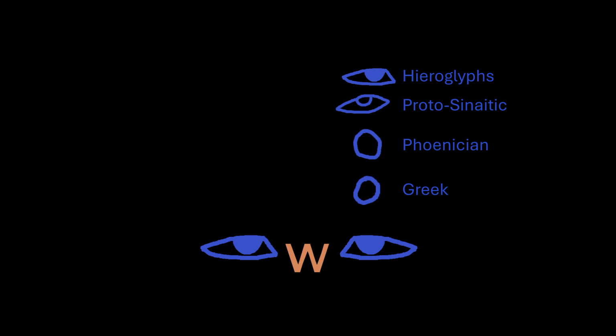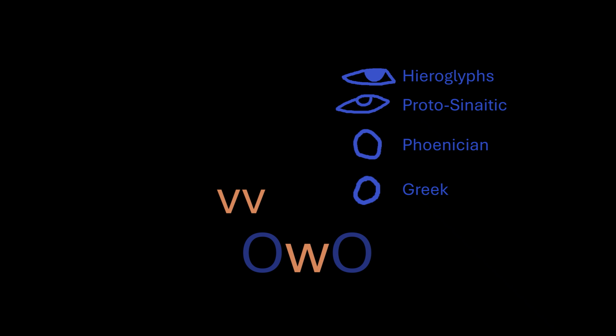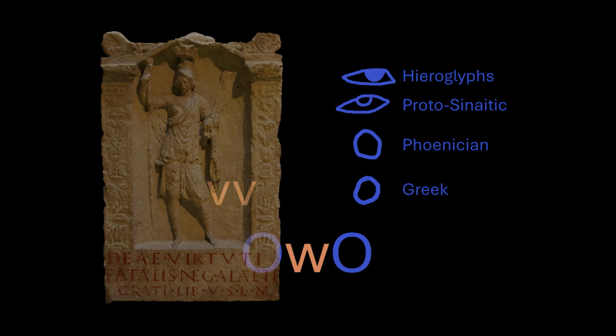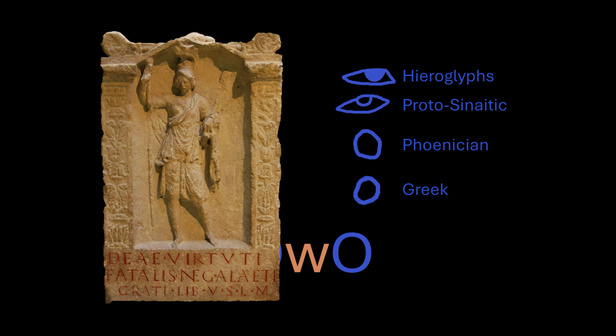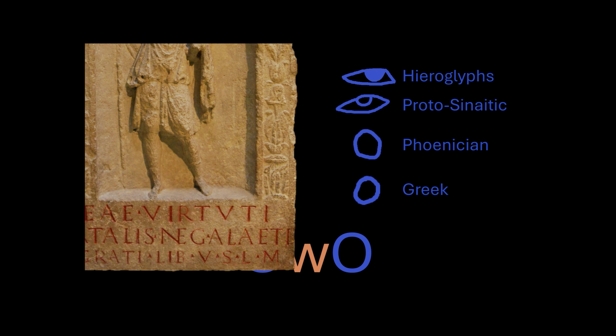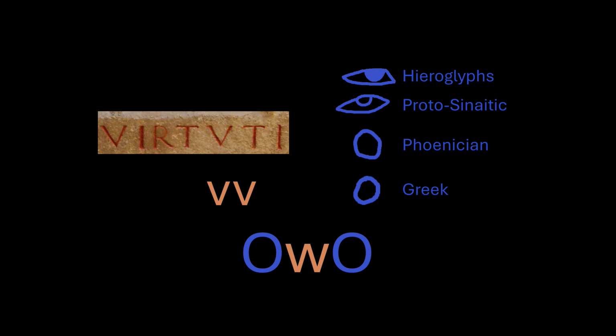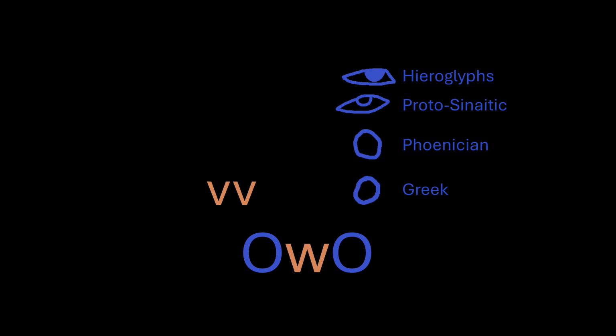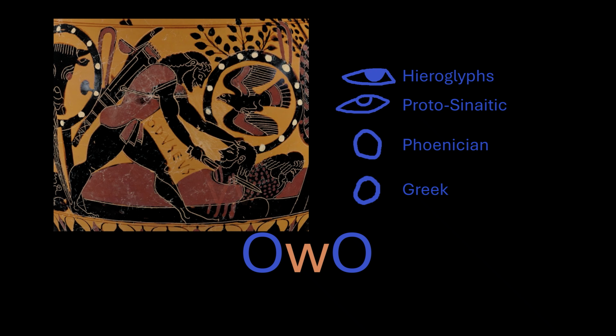Now what about the W? As you can tell from its name, double U comes from two U's. But then why do they look like V's in the W? Well, the U sound was originally just represented by the letter V, as seen in this Roman inscription of the goddess Virtus, where the letter V is used for both the V and U sounds in Virtus. And the Latin letter V comes from the Greek letter upsilon, as seen in this vase of Odysseus slitting the throat of a Thracian warrior,